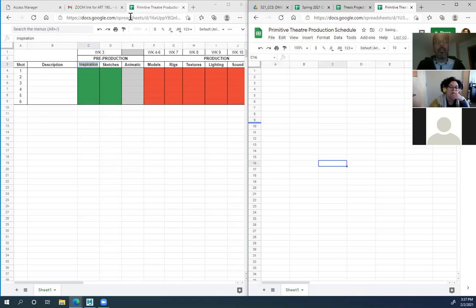All right. And I'm just following along with what I've created here. So the first column that I label stuff on is A, but it's on row 3. So I'm going to check this out as shots. And then I hit the tab, and that moves me over to 3B. And I call this description. I can spell. The next one is inspiration. And then sketches,